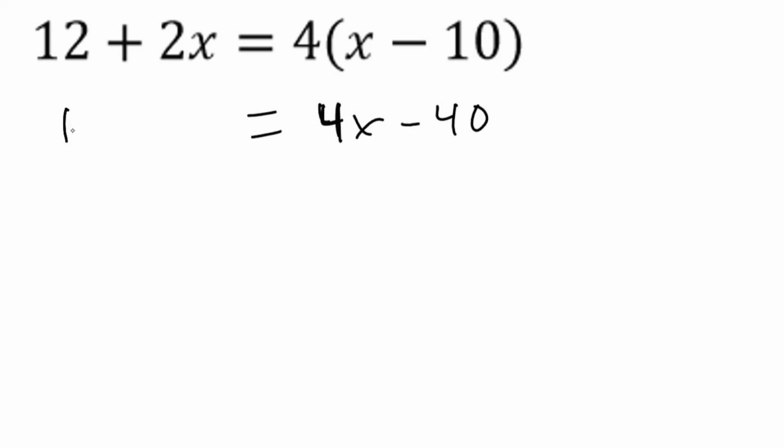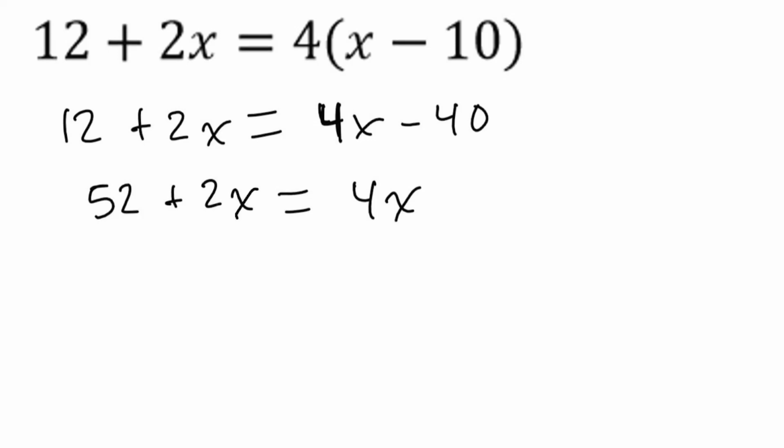Over on the other side, I've got 12 plus 2x. So let's see. Next, I'm going to add 40 to each side. If I add 40 over to the right-hand side, that's easy. That's just going to become 4x. I've got a negative 40 and I added 40. And when I add 40 to the left-hand side, that's going to become 52